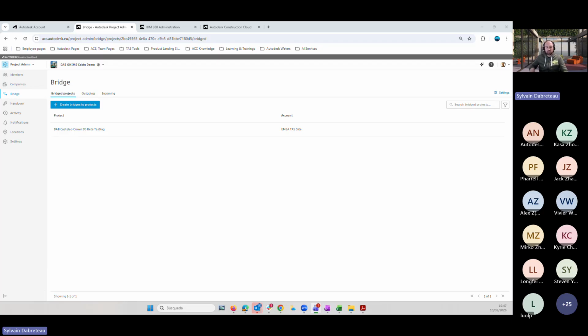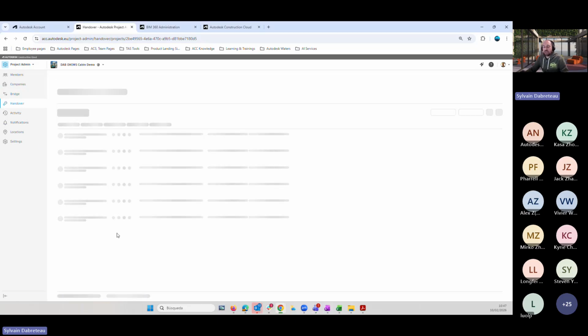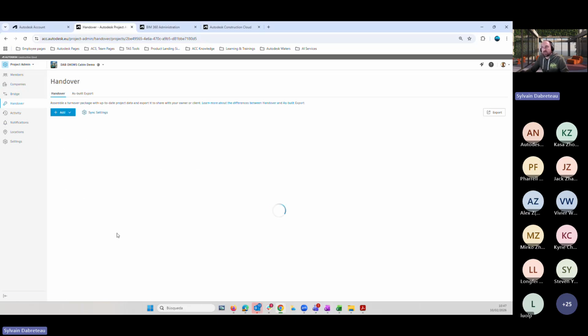So you create bridges between the core project and all the sub projects, so that you help the teams work faster on their sub project, but also make sure that all the information, all the documentation flows to the core project. So there are many ways to use bridge, but I'm not sure that it's going to be used in your case. Handover is mainly used at the end of the project, where you can create as-built exports.